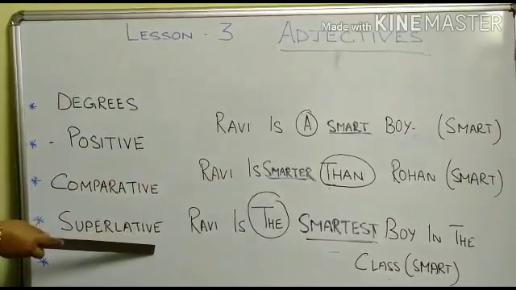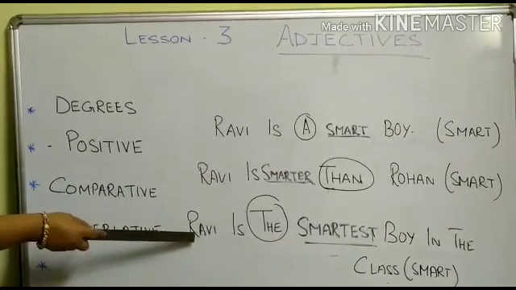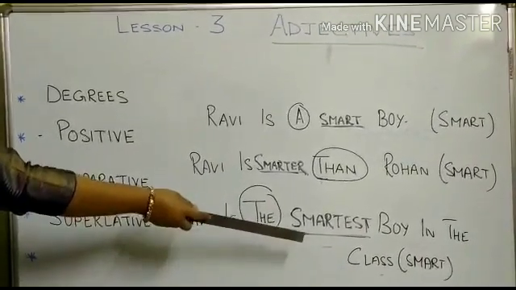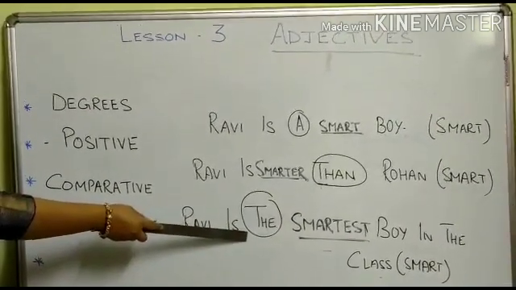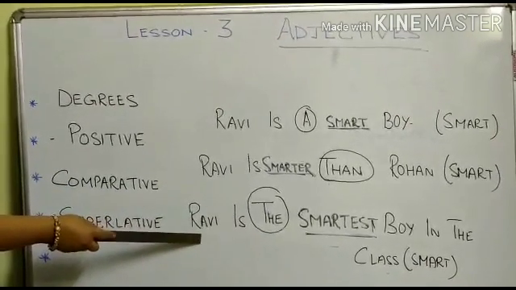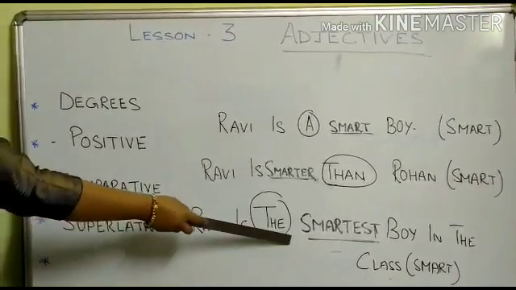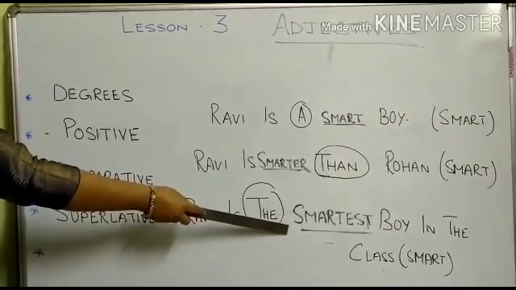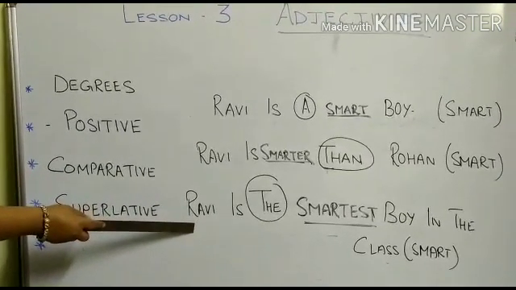Now the superlative degree, that is comparison of one person with a group, comparison of one thing with a group. So here see the sentence. Ravi is the dash boy in the class, and in the bracket the word is smart. So as I told you, "the" is there before the blank. So in this type of case, we will always put the superlative. And see the sentence also, Ravi is compared with a group of boys in the class. So here we will add EST and make it superlative, and then put it in the blank. So the answer will be Ravi is the smartest boy in the class.